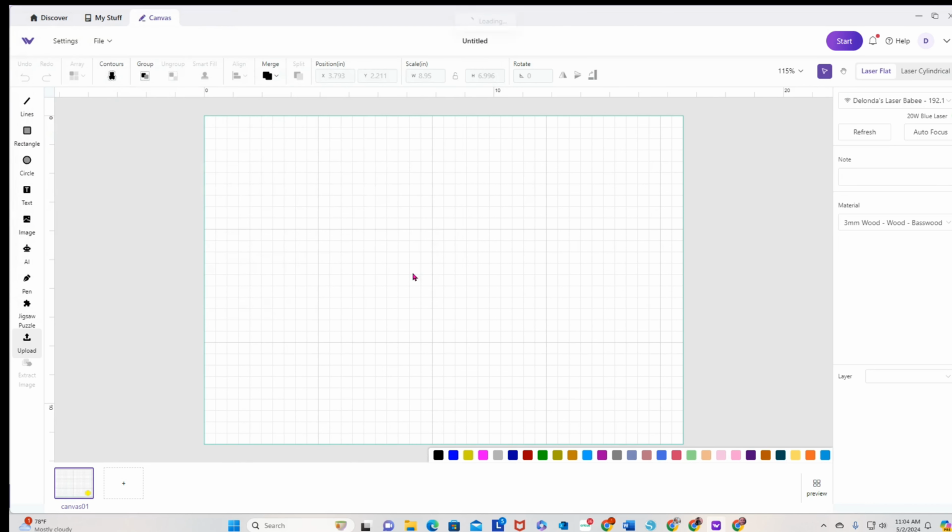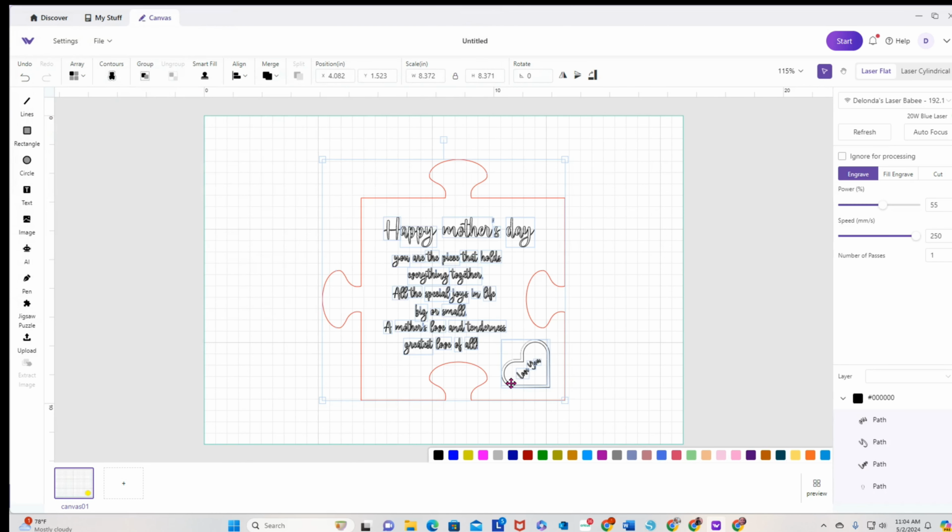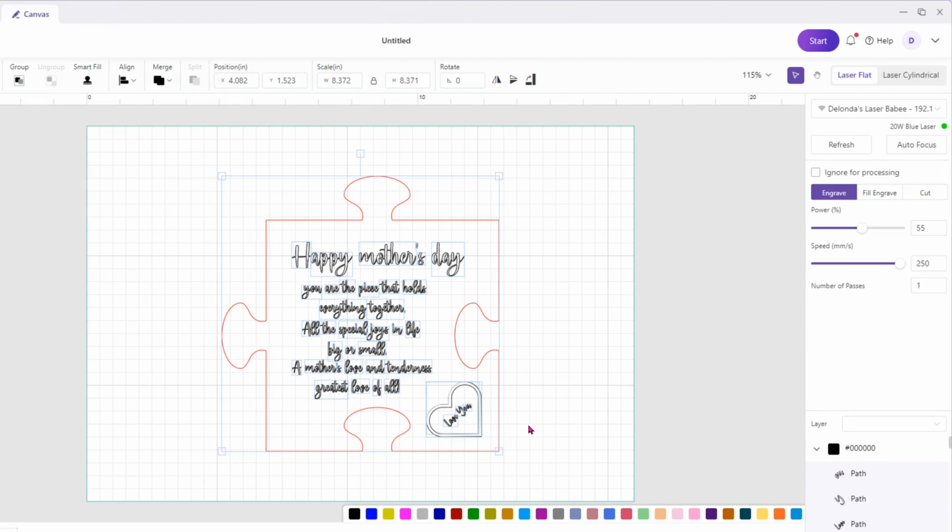And when the file comes in, it's separated. So there's a black part of the file, which is the text and this heart right here. And then the red part, which right now is set to engrave, but I don't want this to be engraved. I actually want the text to be a fill engrave, and I want the puzzle piece to actually be cut out. So what I'm going to do is go over here to the right,